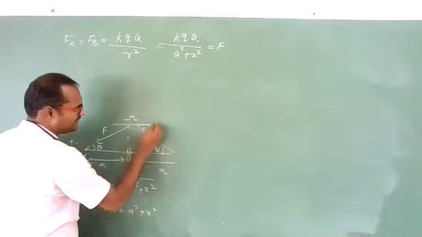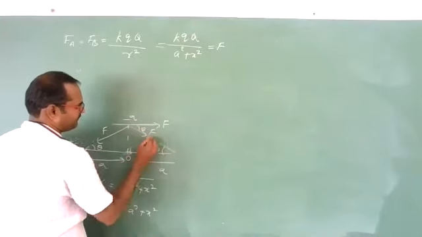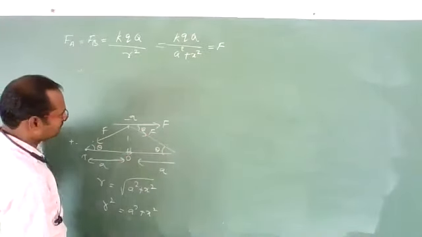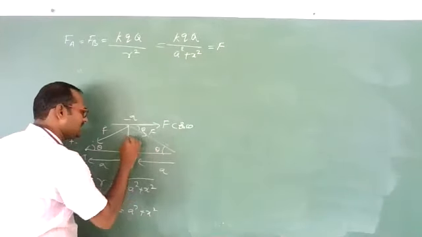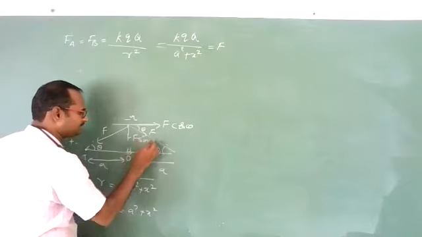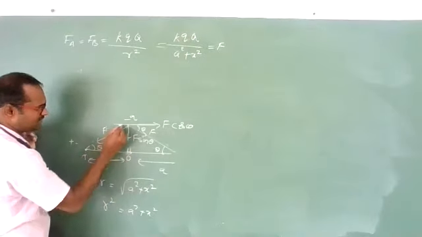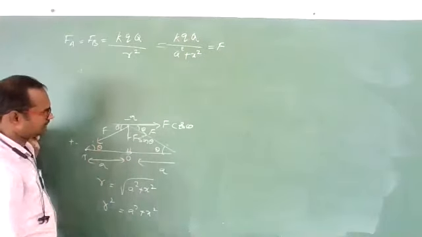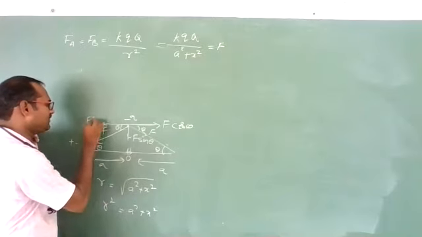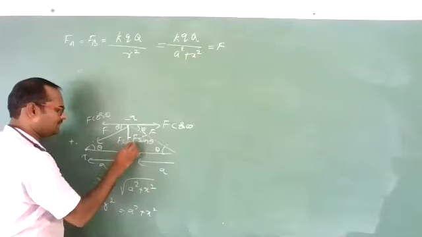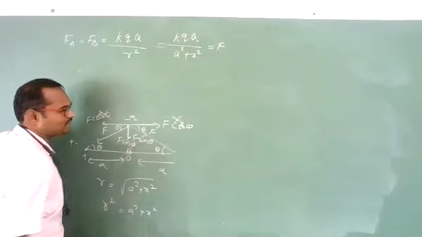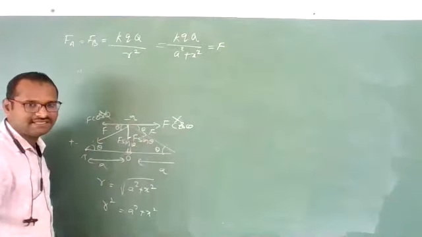This F can be resolved like this: F cos theta, and this side F sin theta. This is also theta. Here F cos theta and this side F sin theta. These two are equal in magnitude, so in opposite directions they will cancel. Net